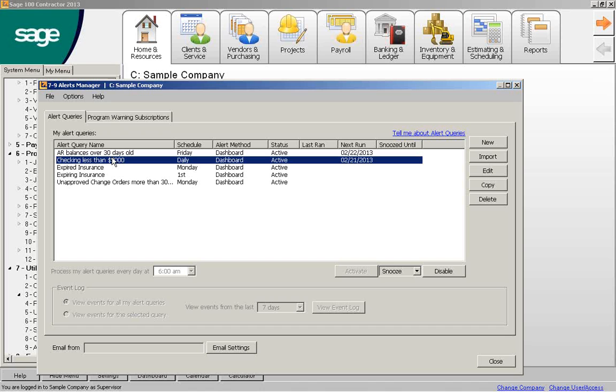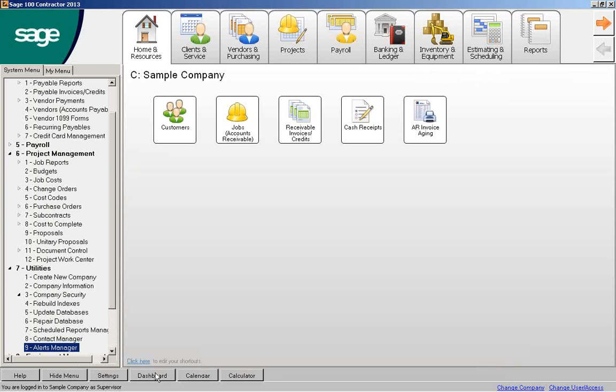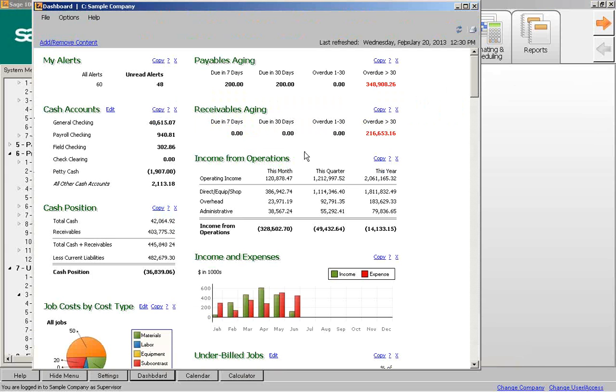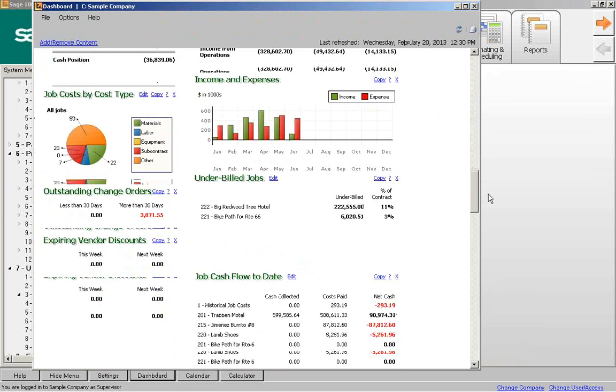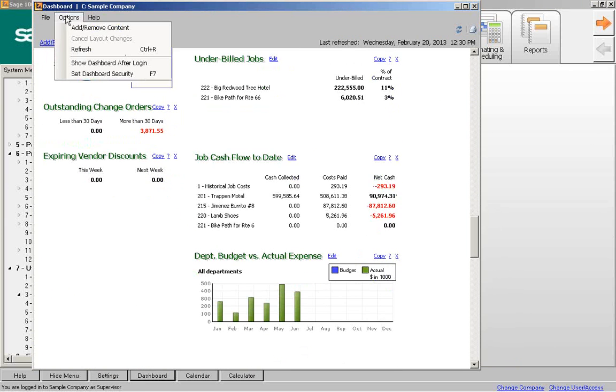Okay, we have a couple of questions. The first question is, can you restore to the default view for dashboard? Yeah, I believe so. If we go back to the dashboard, and let's see, that's a good question, actually. Can we do that? Perhaps not. No, I think you might have to,